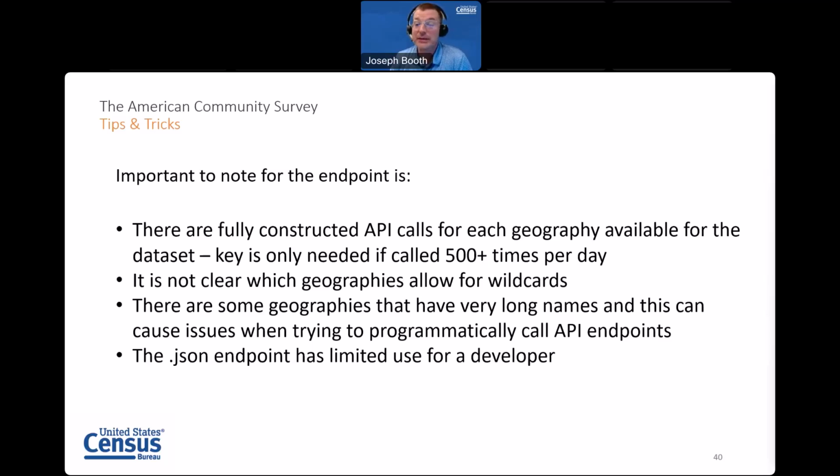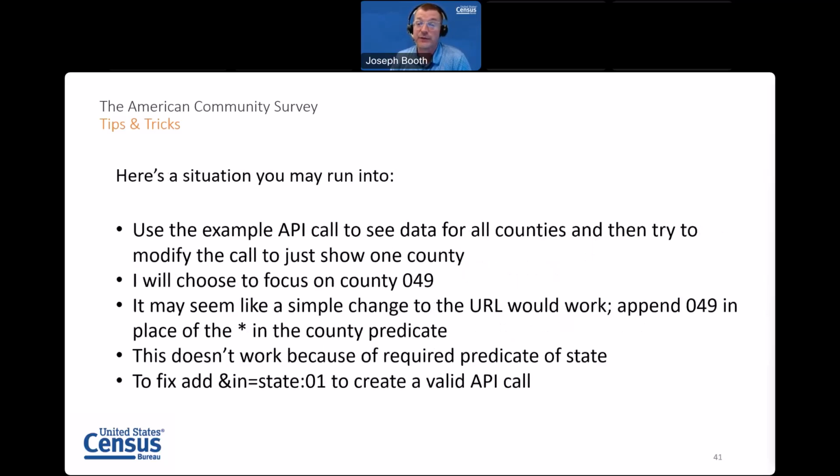And that behavior is not obvious when you're first starting to work with this. You may take an example URL, modify it based on some response that you've received, and you may also wonder why it's not working. This is a common scenario. This is a situation that happens frequently when you're learning because there are some nuances to this API.